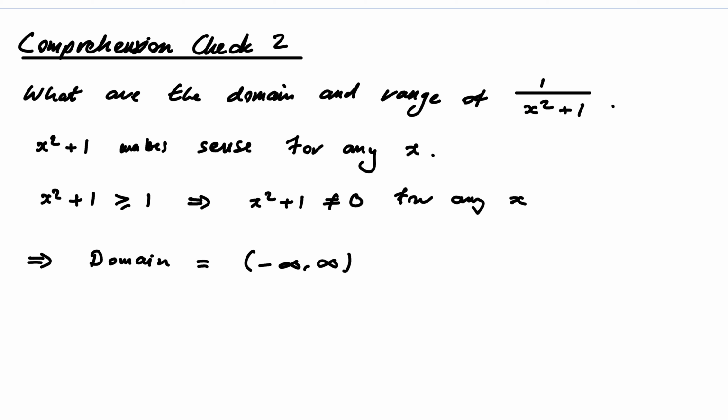So I think that's quite straightforward, right? You just look around the expression and think, what could go wrong? The only thing that could really go wrong is dividing through by 0, but that can't happen because it's x squared plus 1. If it was x squared minus 1, we'd have issues at 1 and minus 1 because you'd be dividing through by 0, but you don't have that here. Now, a lot more difficult is the range. And this is a problem